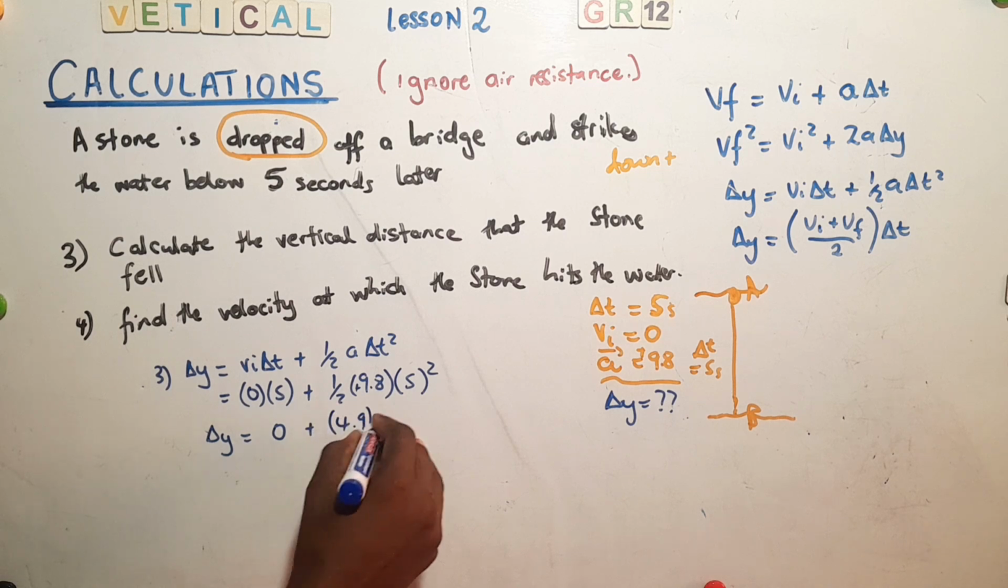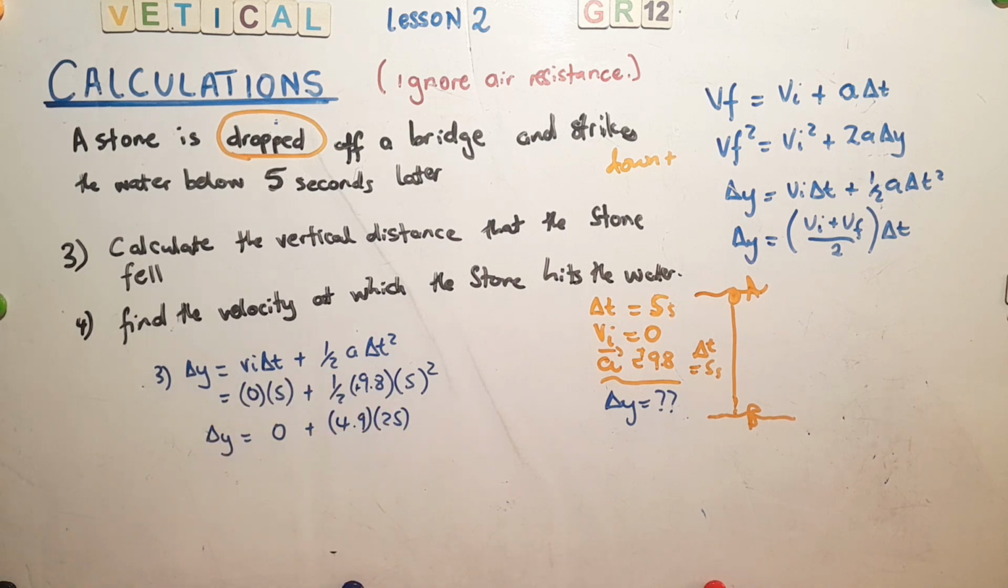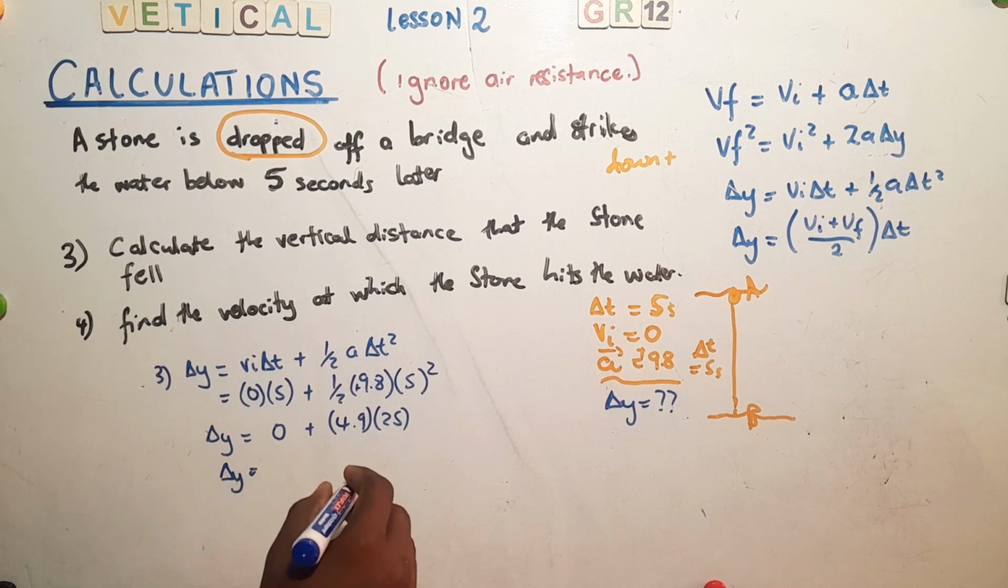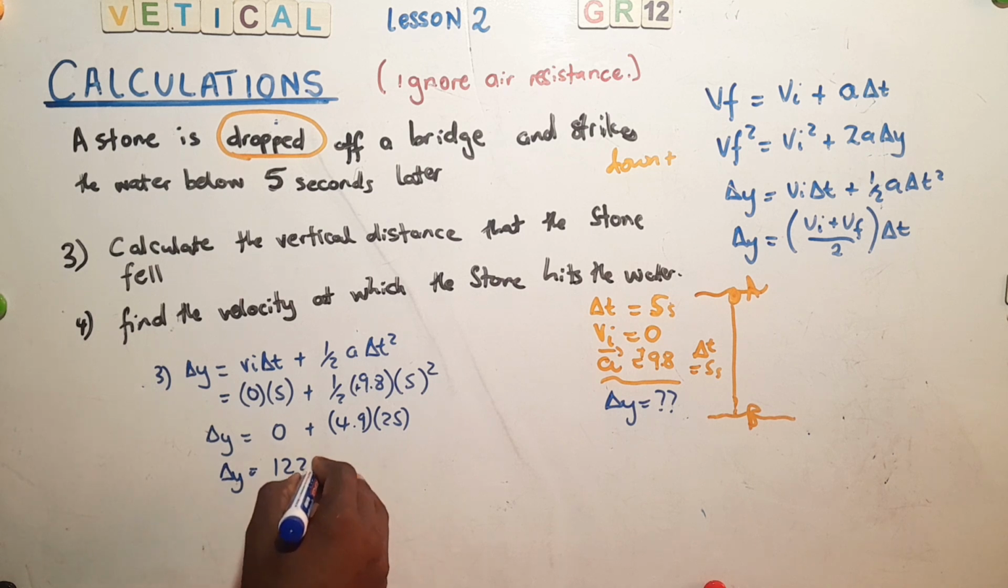Now doing the calculations, our change in y becomes 0 plus 4.9 multiplied by 25. So 4.9 multiplied by 25 will give us 122.5. So our displacement becomes 122.5